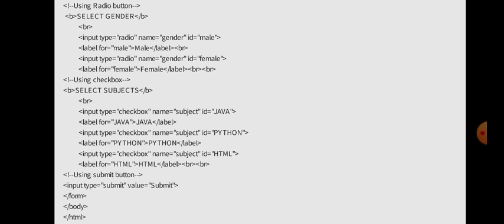Finally, I am creating the submit button. Input type is equal to submit and value is equal to submit. Next I am closing the form tag and body tag and HTML tag. This is a simple example of creating simple forms in HTML.